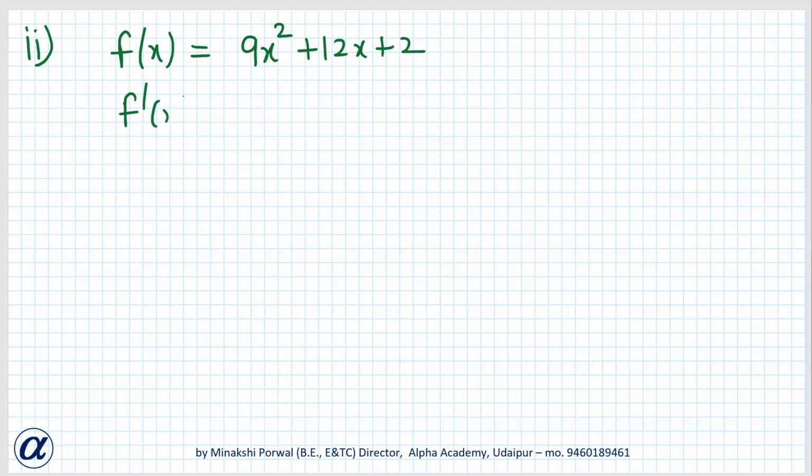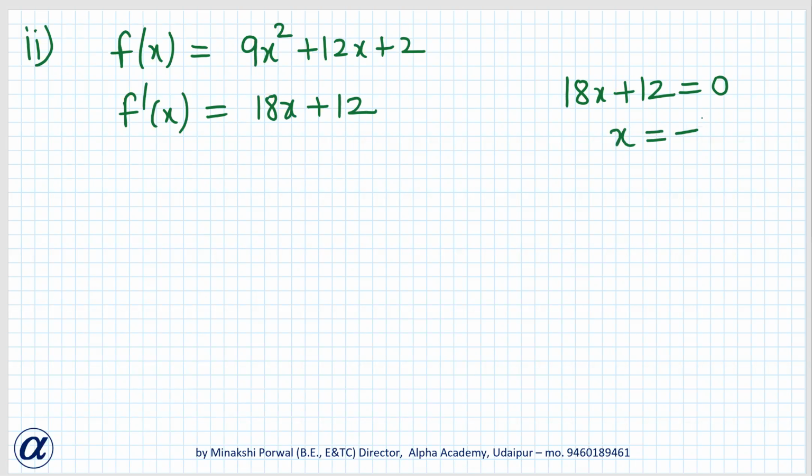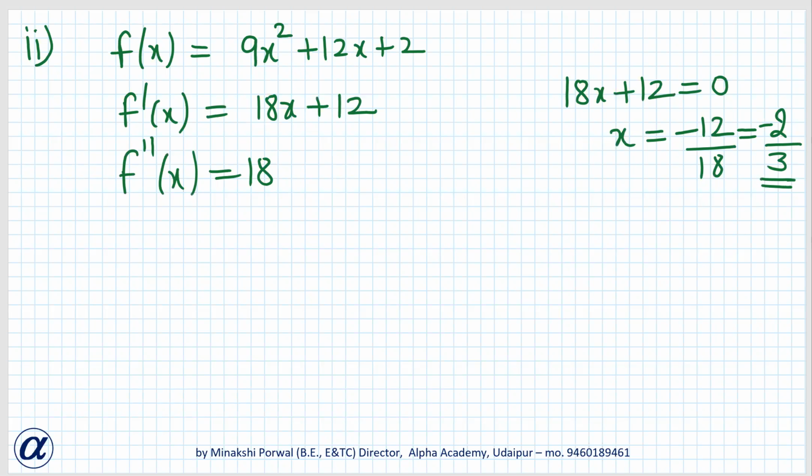First derivative is equal to 18x plus 12. For finding the critical point, 18x plus 12 equals 0, or x equals minus 12 by 18, that is equal to minus 2 by 3. So this is the critical point. f''(x) is equal to 18. So whatever may be the value of x, f''(x) is independent of that and it is greater than 0. So minima